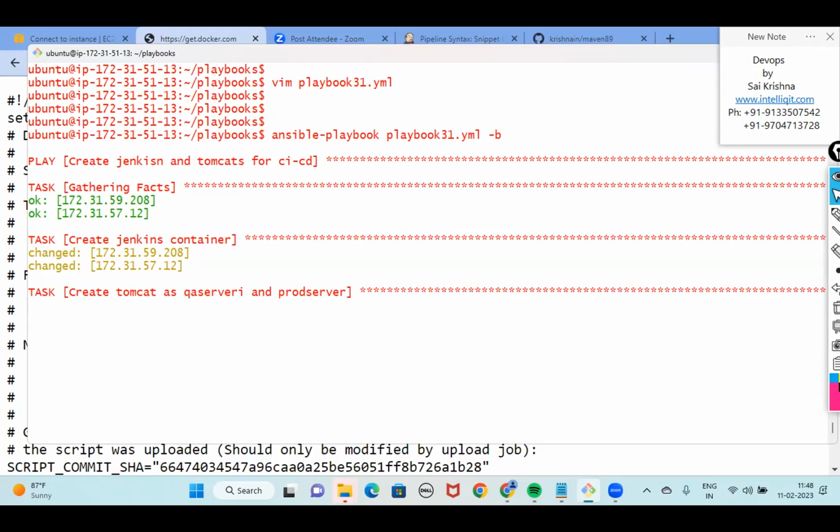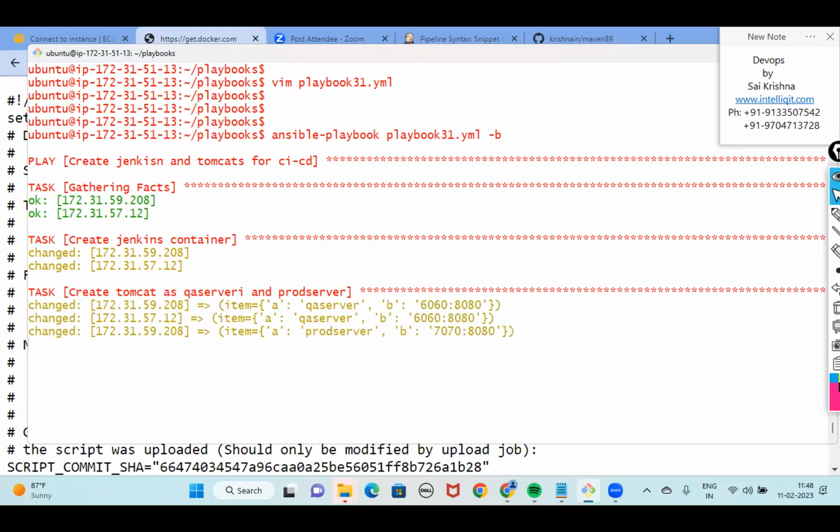For building with a Docker build, I haven't seen a module. Maybe shell module you can use if nothing is there.